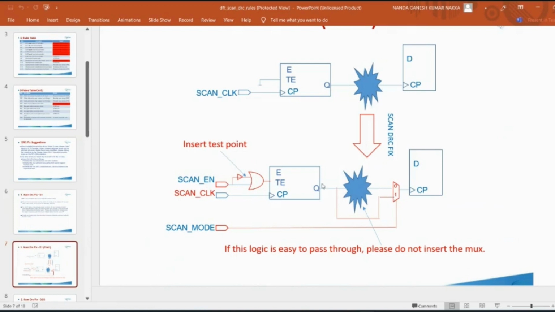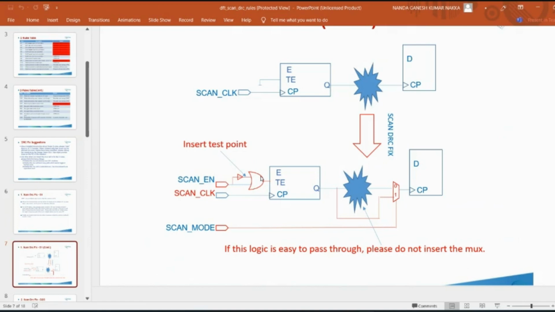So if you fix this one, the fixed clock output will come, the output of the clock gating cell, and it will directly go to the other input, and it will be controlled by scan mode. So can we only fix this, or do we have to fix both? If that is the question, then we have to fix both,